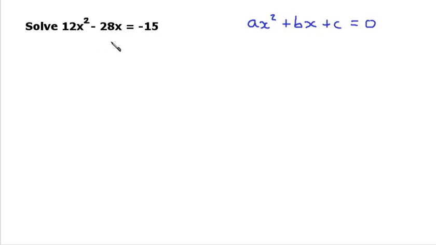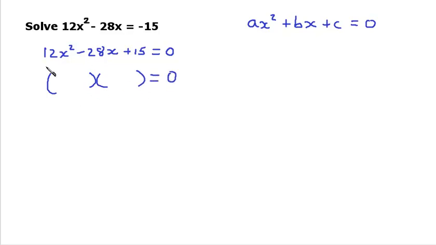And we're going to rearrange it by adding 15 to both sides. So we'll end up with 12x squared minus 28x plus 15 equals 0. Now we've got a quadratic we can solve. We're going to have a go at factorising it. So we need our two brackets,